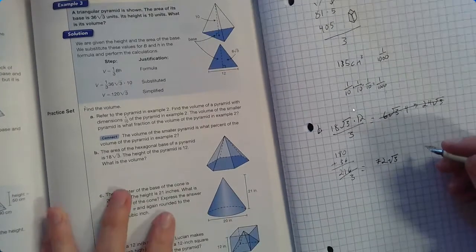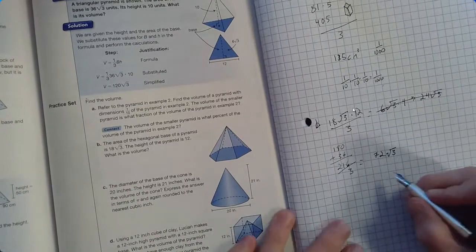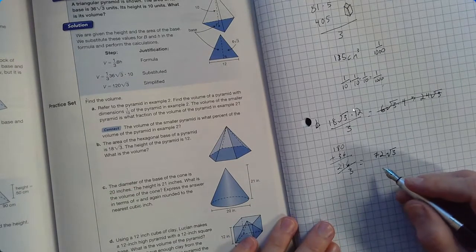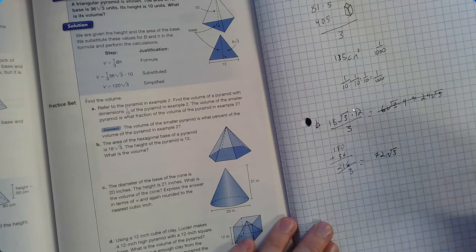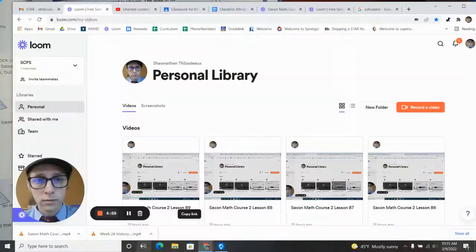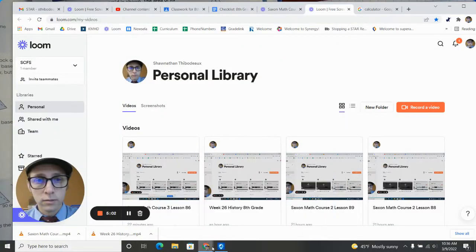Now from here, the diameter of the base of the cone is 20 inches. One second, I want to do one last thing first. Sorry. All right, so